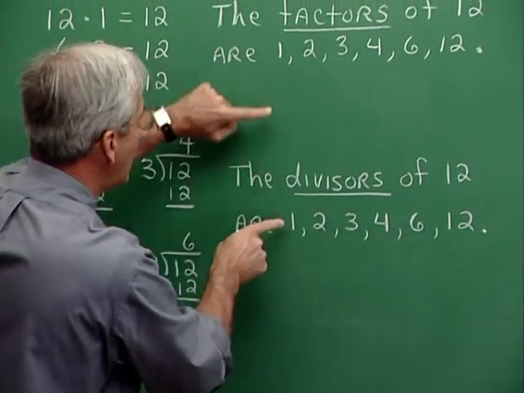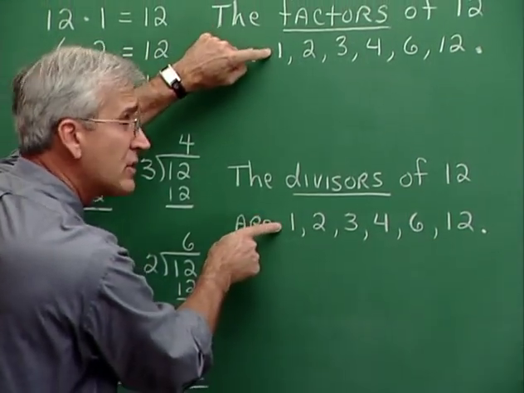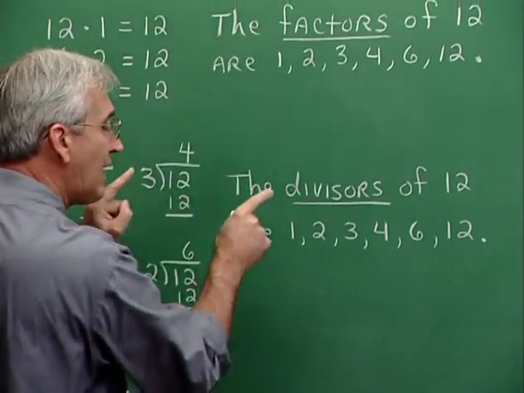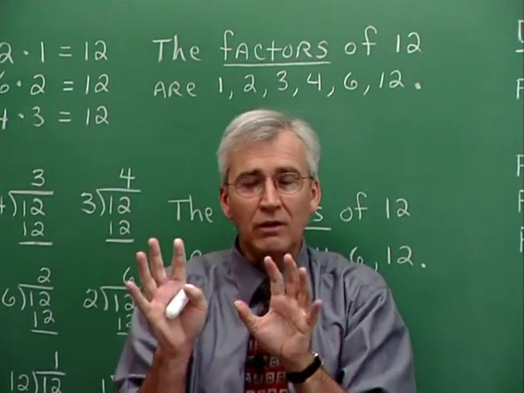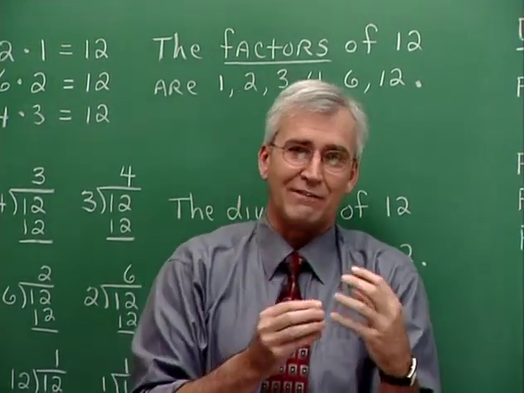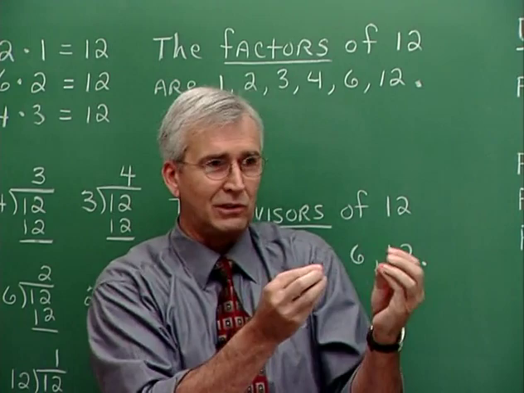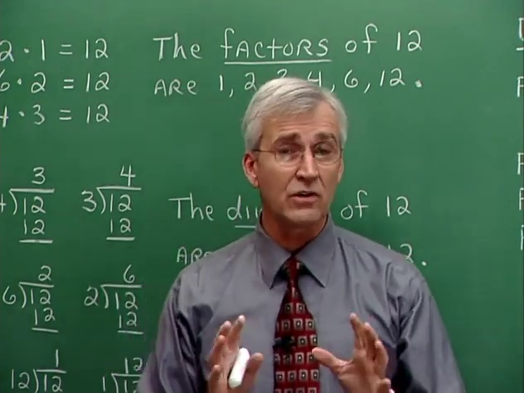The important idea is that these two lists are the same, and so factors and divisors are pretty much interchangeable. It kind of depends on how we're looking at the situation. If we're dividing, we think of divisors, and if we're multiplying, we think of factors. But it does turn out that if